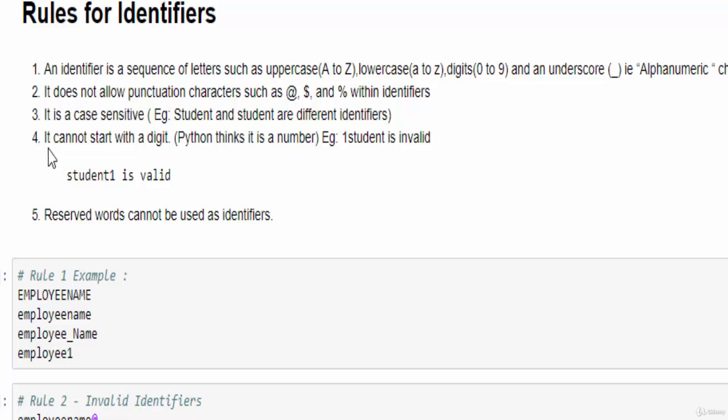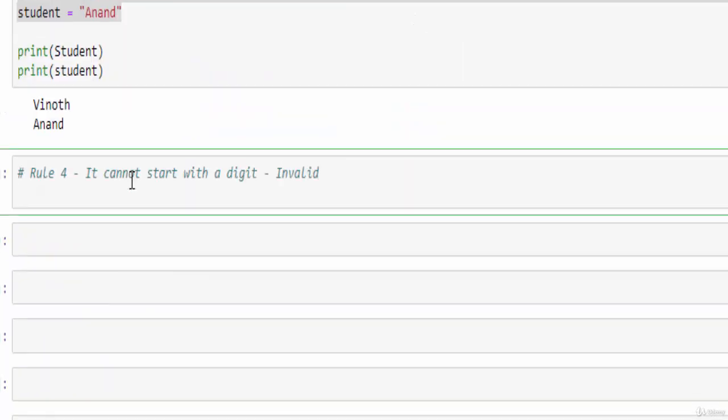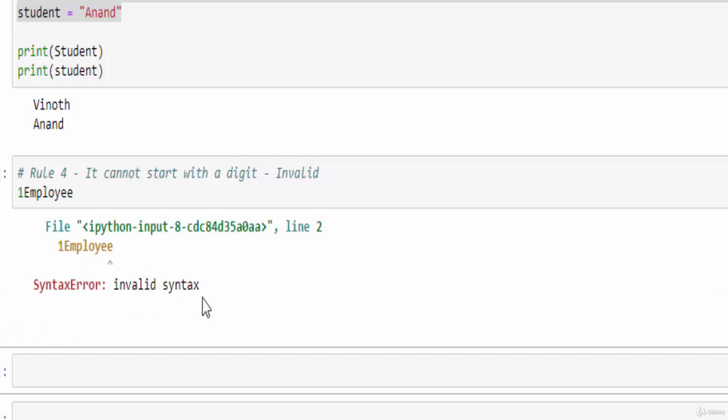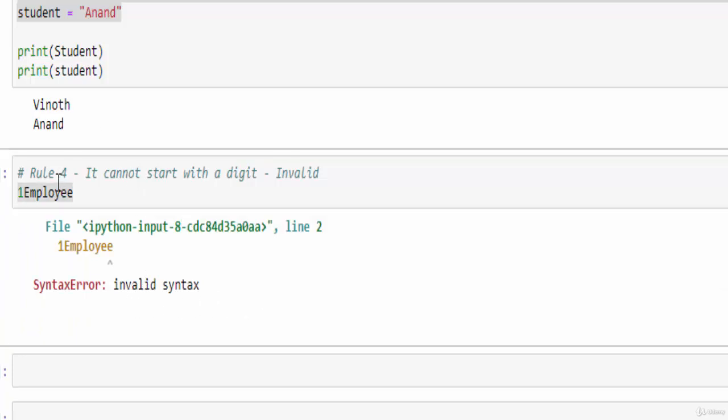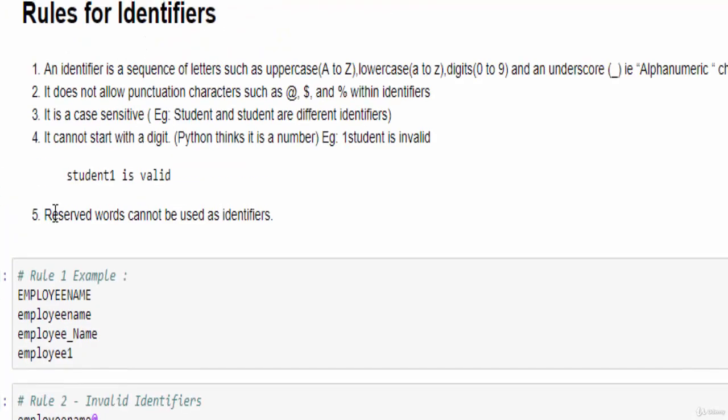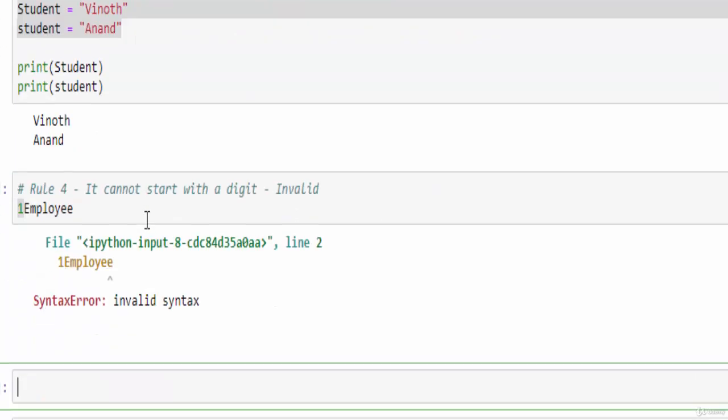And rule 4 says it cannot start with a digit. If it starts with a digit, then Python thinks it's a number. Example, 1employee. Just run it, it will say invalid syntax. We should avoid an identifier that starts with a number. And the final rule is reserved words cannot be used as an